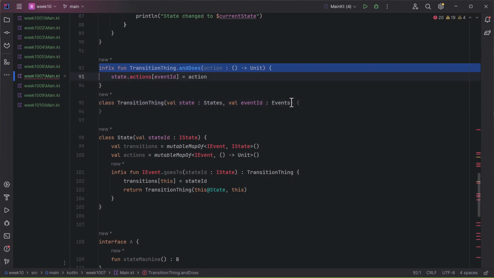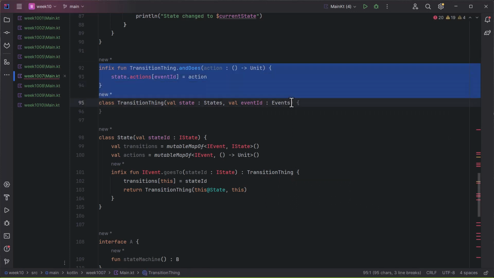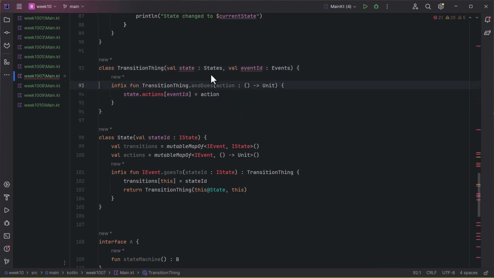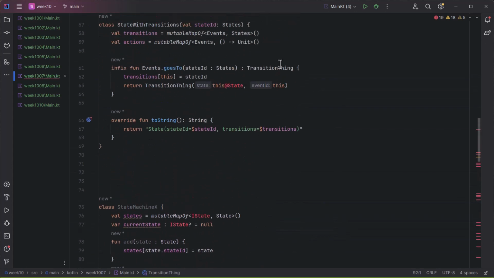And inside of him, what I had done in this previous example here is I used an extension function. I could actually define it inside. That way nobody else can call it. And I'll just say infixFun and does. And so actually this should be a state with transitions. There we go. So this is going to allow us to add that action if we call and does. So this transition thing, he's returned from this guy. We're creating him,